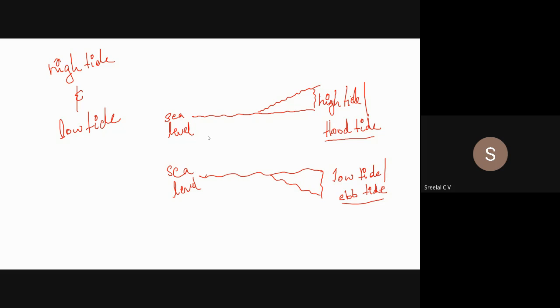My question is that it is very easy to rotate that particular turbine during the high tide. If you are constructing a dam with this level to the sea level, at the time of high tide the water will go through that particular turbine passage, the turbine will be rotating, and it will be converted into electricity. Okay, so at low tide, how can we utilize this? Low tide means the reduction of sea level or level of the water, right?